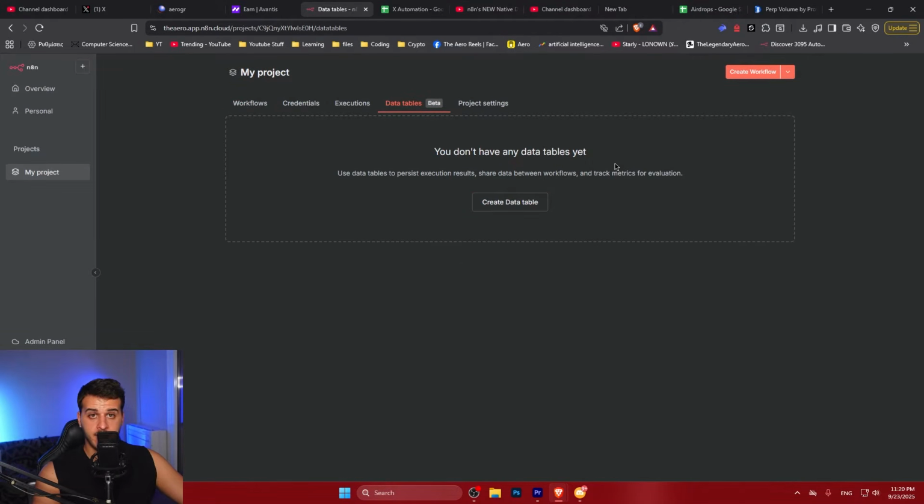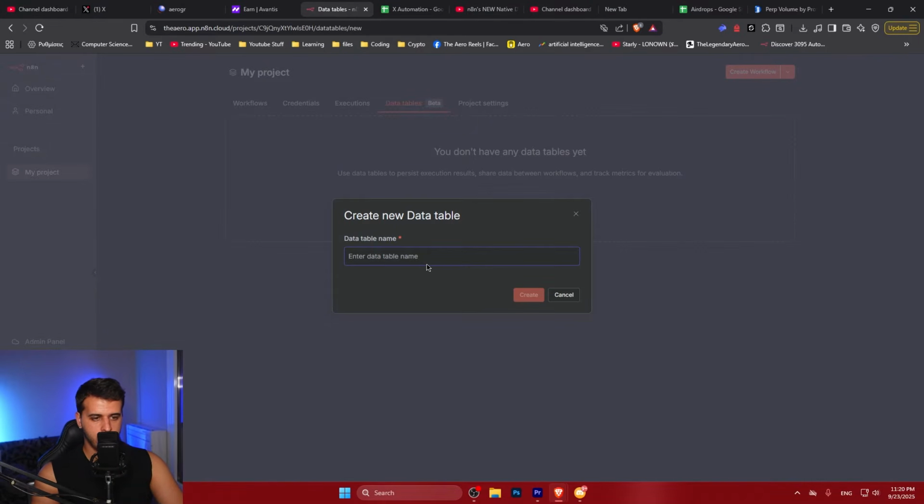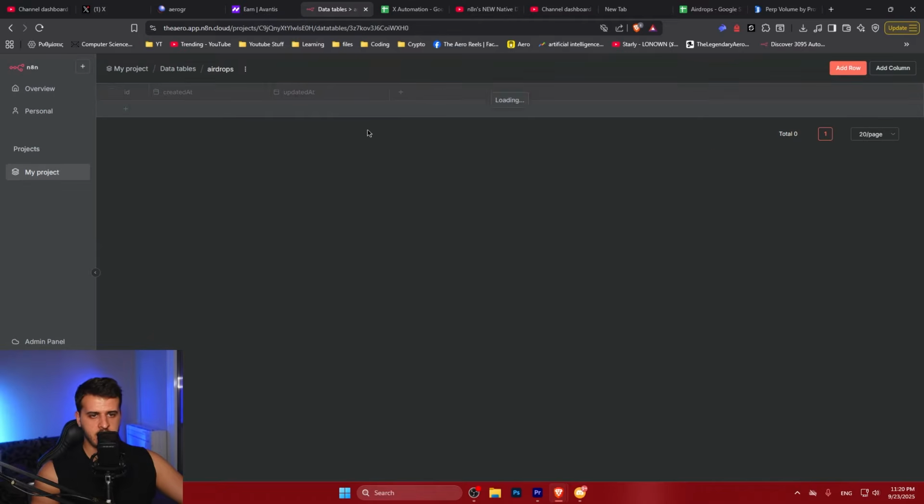If you already have data tables defined, you can go ahead here on the workflow, click the drag down button and create data table. So let's create the data table, which is airdrops. This is just a demonstration of the process, okay? Nothing very special. First column is the ID, then you have like created at, and you can change the columns